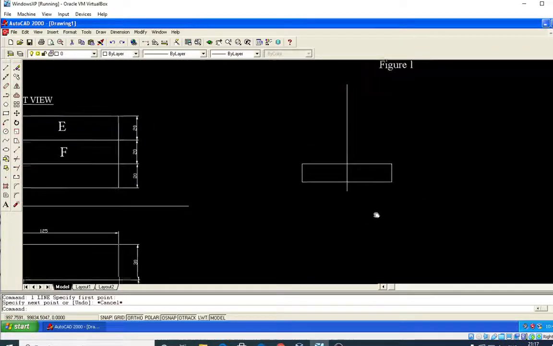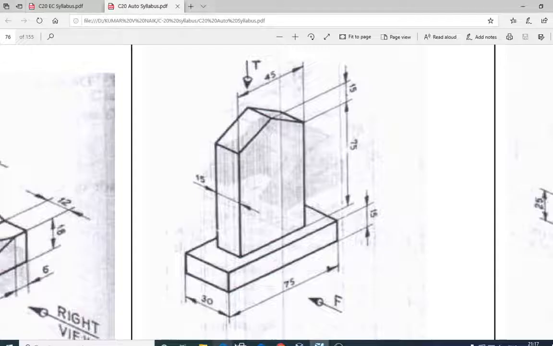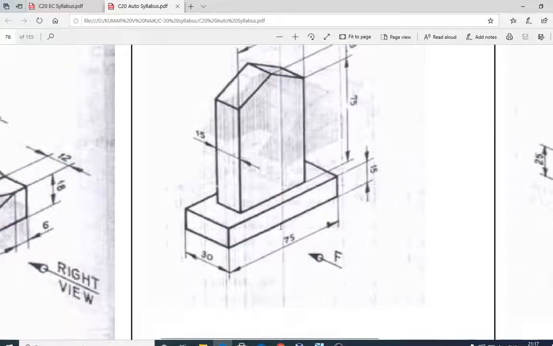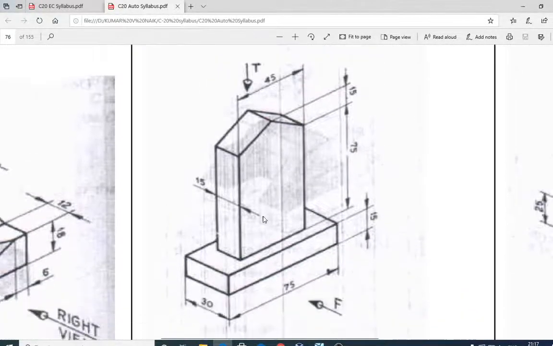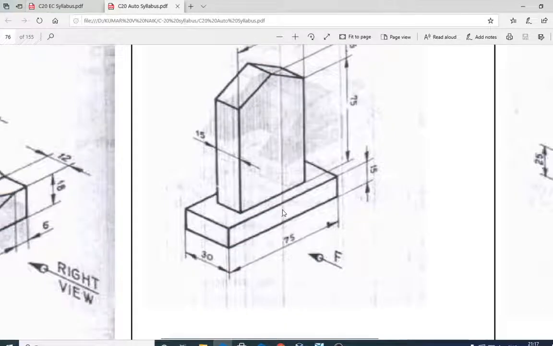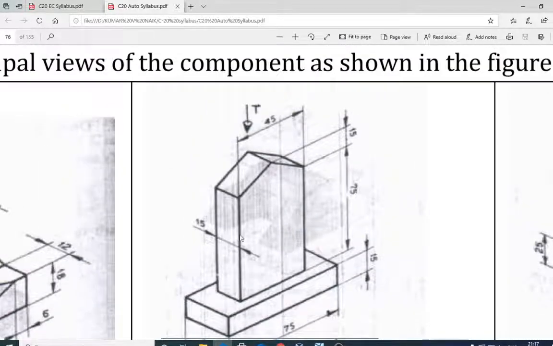Now I have to refer to this sketch. Look at this, please concentrate, dear students. From the center it has equal width on the left as well as on the right hand side. The total width of this triangle shaped rectangle block is 45 mm, so from the center it should be 22.5, and from the center to the right hand side also 22.5.